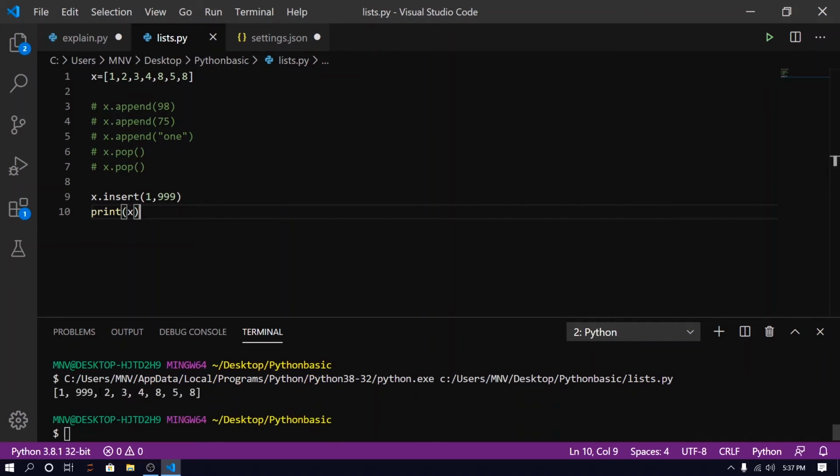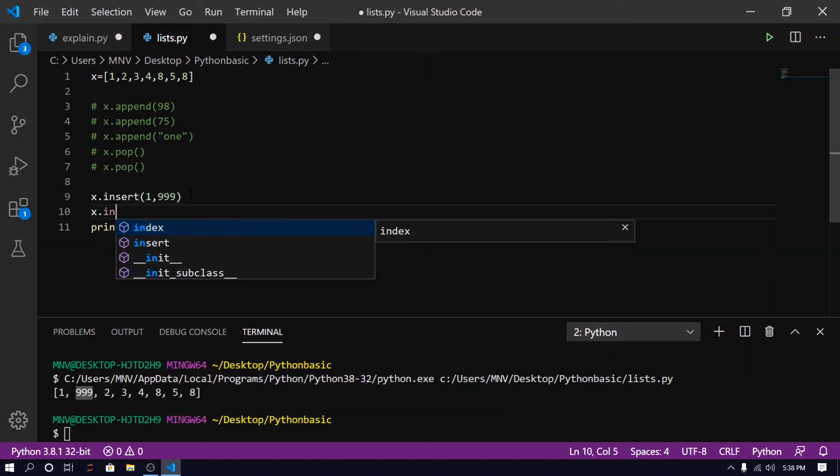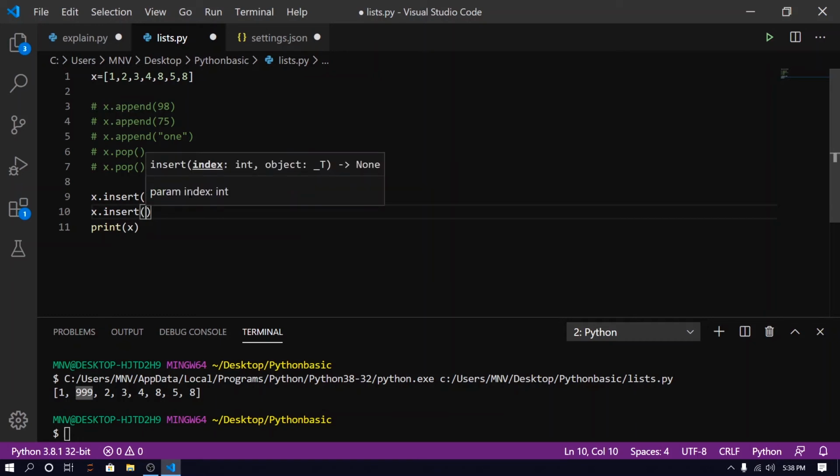So guys, you can see that is our 0 and that is our 1. So here we added a new element at our first index. If I want to add x dot insert at 0, we want to add a new element on the 0th index, so we can do it like this, 689.